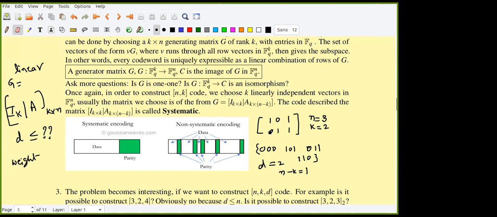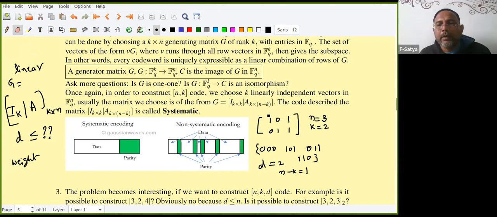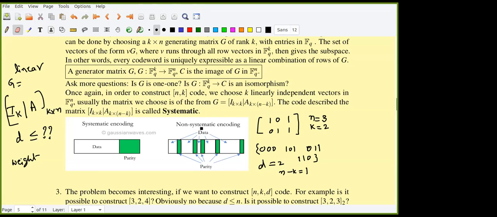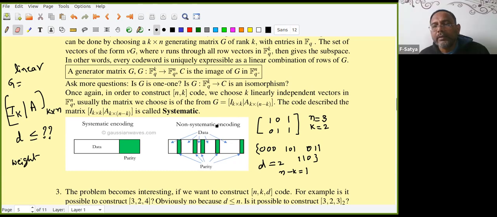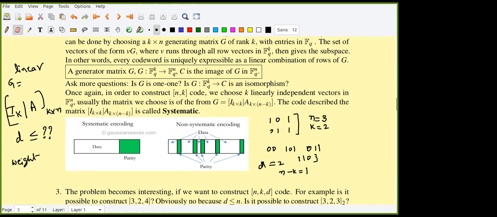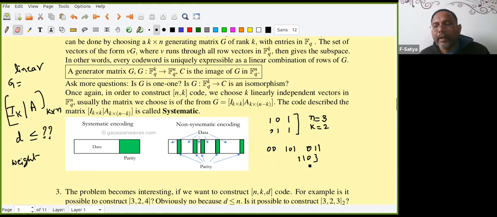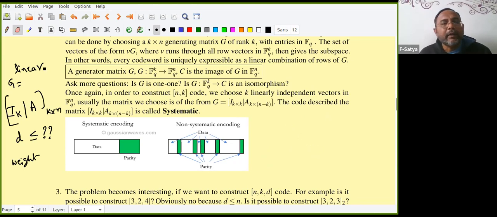As in what n minus k plus whatever was the distance of the original code. Original always 1. Okay, so n minus k plus 1. Why original always 1? They are taking all the code words, all the elements of Fq power k. Correct. We are taking all of them. So one side we are taking entire C. In the linear code, one side we are taking Fq power k, all, everybody. But I am embedding it into Fq power n.